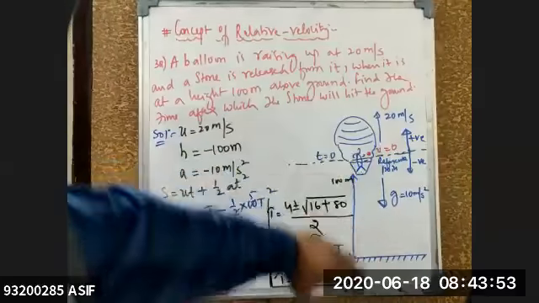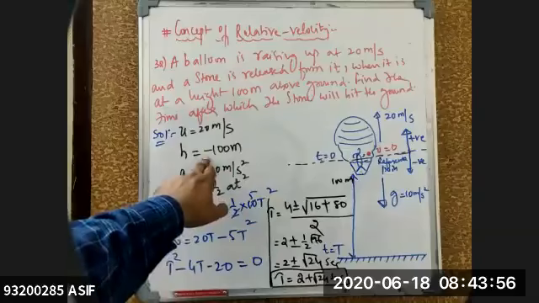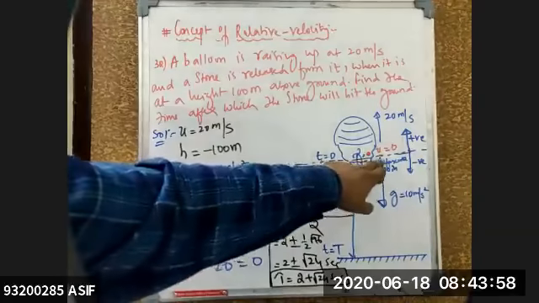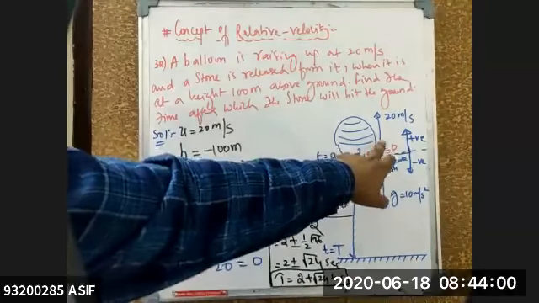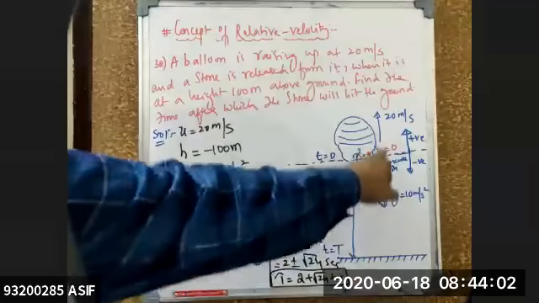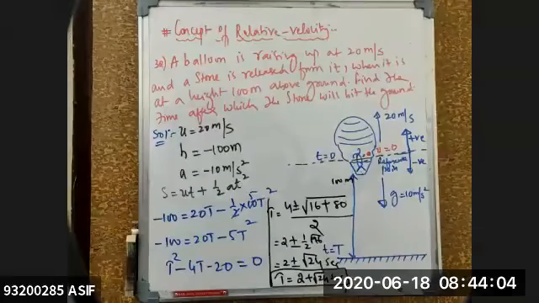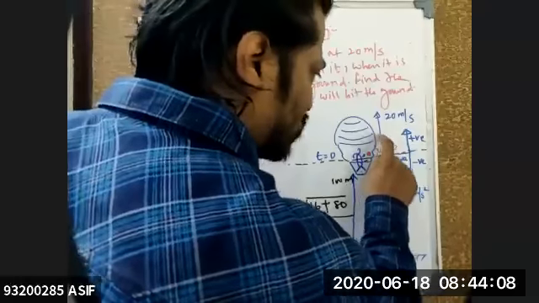Height is nothing but below the reference, so minus 100. Because at t equal to 0 it is released, it will go up for a small interval of time and then come back. So what will be the displacement of that one? Like see, it has gone by x upward. Again, it will go to the maximum and come back. So what is the total displacement here?